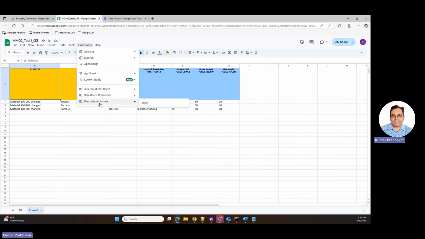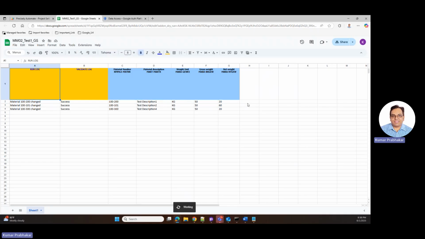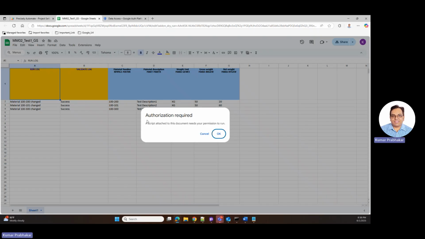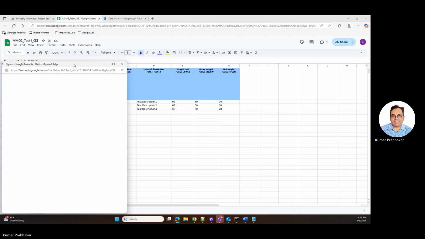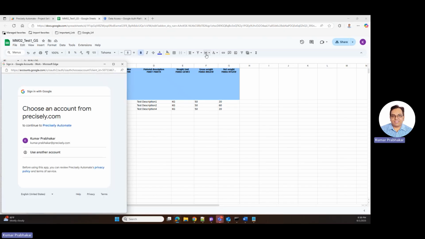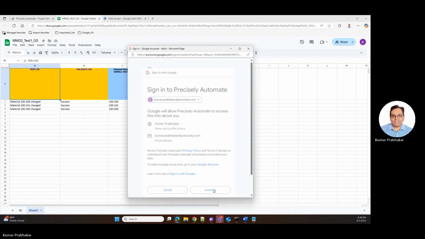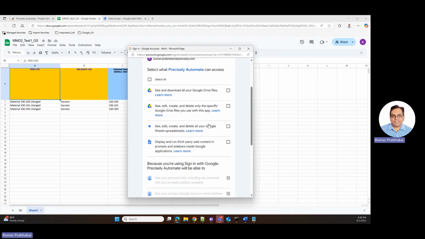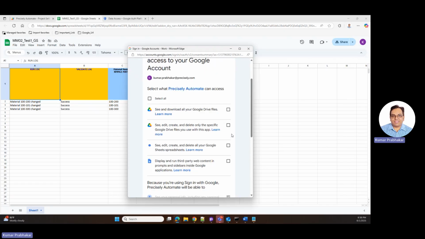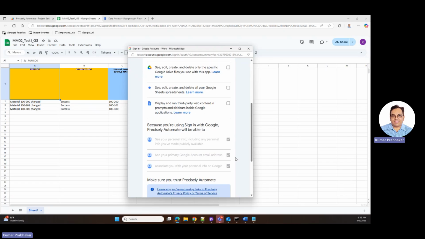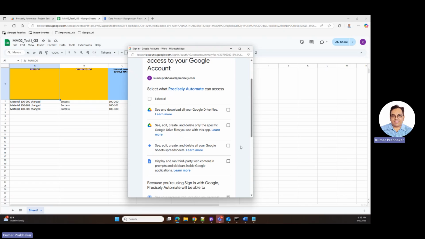So it added Precisely Automate, and open. Once I click on open, it asks for authorization. First, it asks me to log into the system. Let me select my login. Here, all the 7 scopes are visible to the user. The first 3 scopes I discussed earlier are used to log into the system and get the OAuth token. That token is used to communicate with the spreadsheet API call, and then